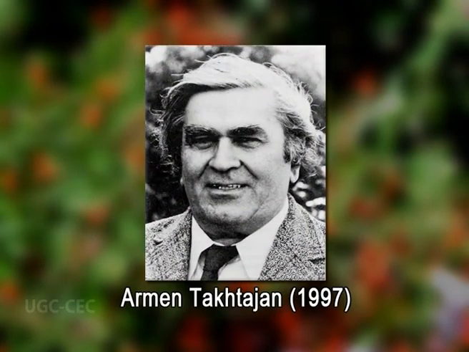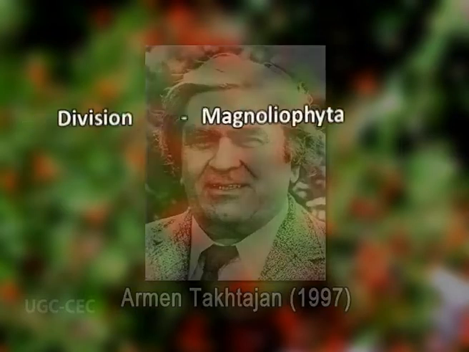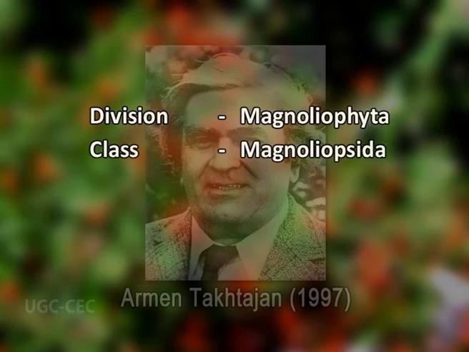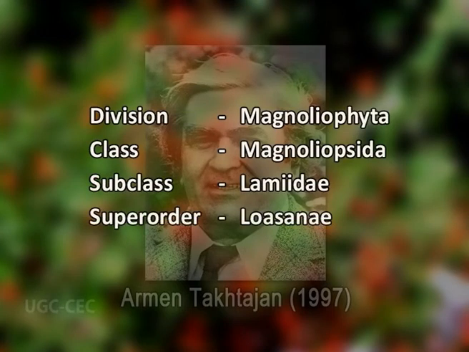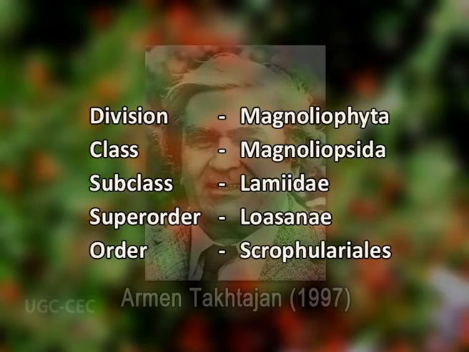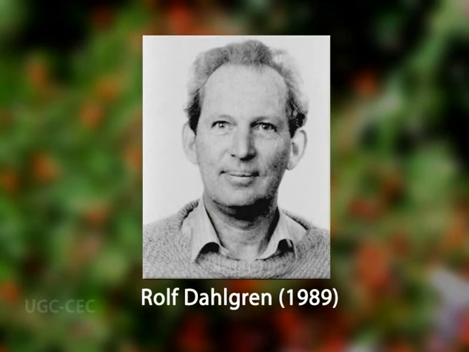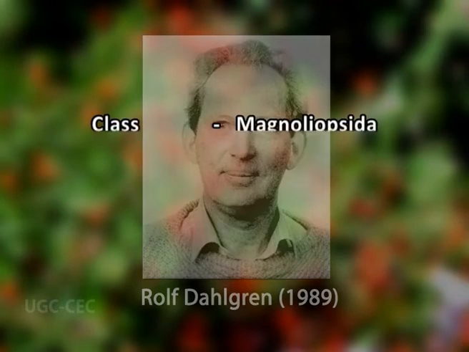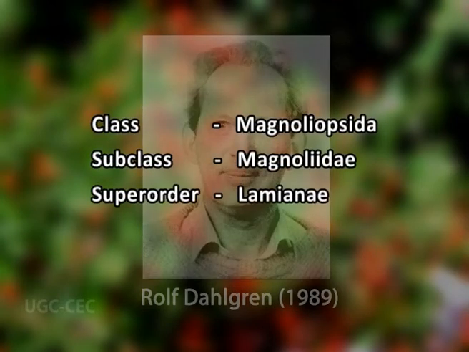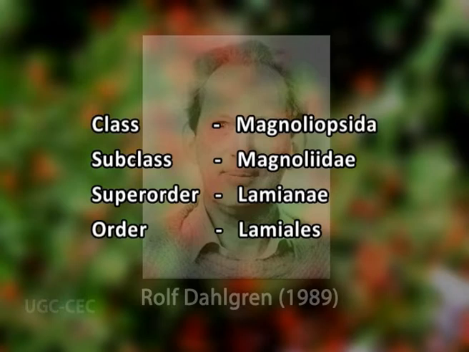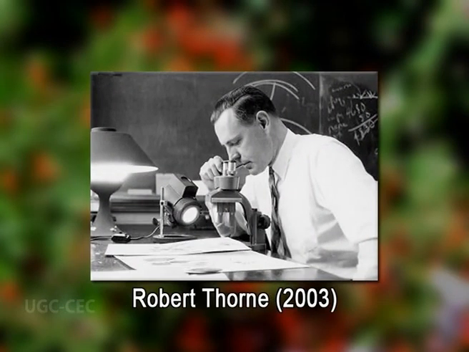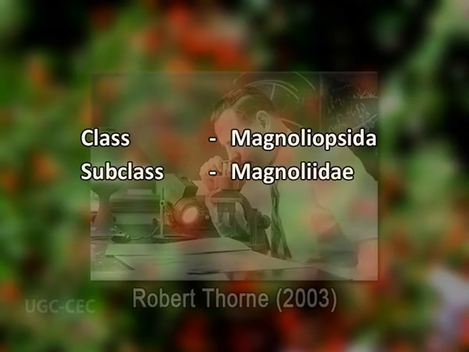Armin Takhtajan, a Russian taxonomist, in 1997 placed Acanthaceae in division Magnoliophyta, class Magnoliopsida, subclass Lamiidae, superorder Lamianae, order Scrophulariales. Rolf Dahlgren, a Danish botanist, in 1989 placed Acanthaceae in class Magnoliopsida, subclass Magnoliidae, superorder Lamiiflorae, order Lamiales. Robert Thorne in 2003 proposed the system of classification according to which Acanthaceae are placed in class Magnoliopsida, subclass Magnoliidae,